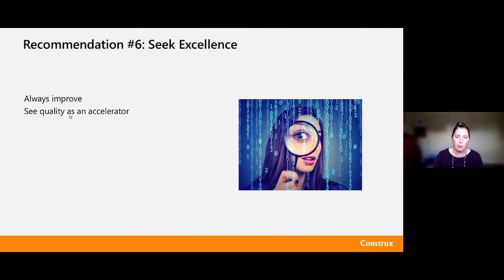So seek to always improve. Think about quality not as something that costs me money, but as an accelerator. Having leadership really tout that, and help us infuse the changes that we need in tooling, infrastructure, training, and other things to help us build quality in as we go. Seek flow, looking for ways to flow value quickly across my value stream and deliver value to my customers, and making sure that what I am flowing through my systems really is customer value. So being an organization that has fast, smooth, predictable flow that delivers value that our clients and customers are excited about.